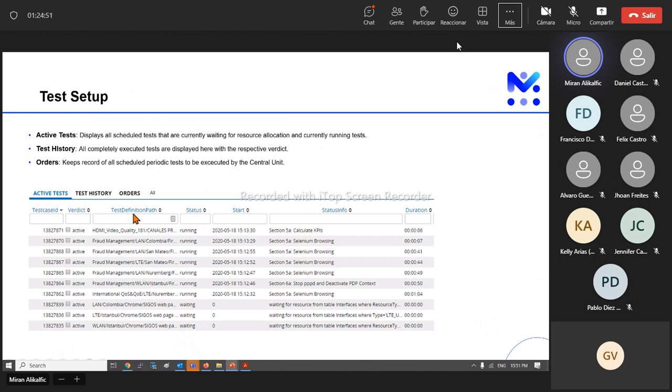So it will be shown in test history. Of course, since we are now in a testing environment, we cannot go that far back into the history. It will show you here the data from the last 2 days, let's say. But still, we will have the possibility to go to the burger menu, as you will see later on the right